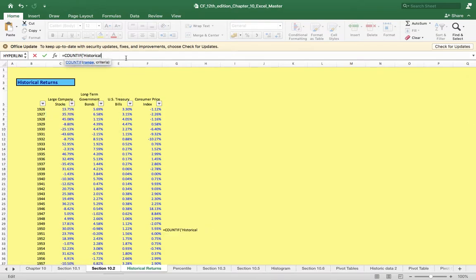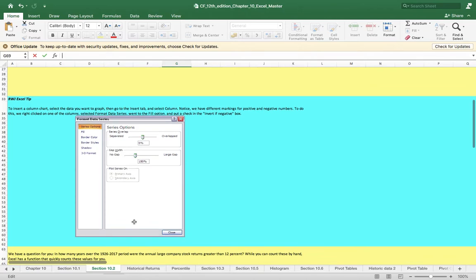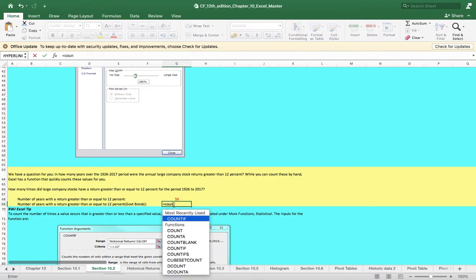Just a minute, I'll change the criteria, making it more interesting. Say for example, same thing, but instead of large cap, number of years, 12% for government bonds. The previous one was large cap stocks. Now it is for government bonds. How many years did it give more than 12%? The same thing is equal to COUNTIF,